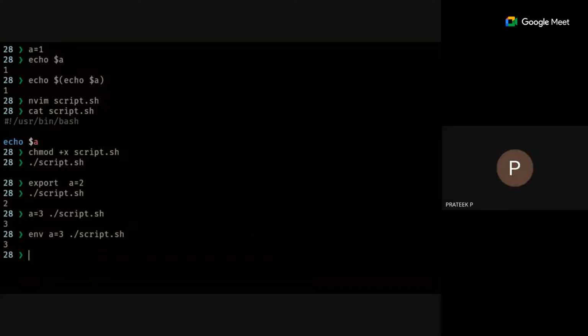So that will only be shared with the script.sh. We are currently sharing this a equal to 3 only with the script. For the rest, if I run some other script, the value of a will not be stored, because it is having the exported value. Okay.